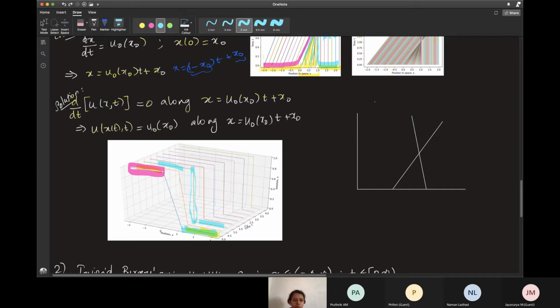So you're just going to identify some specific characteristic here, and now you'll define the solution to the left side of this characteristic. Let's say...